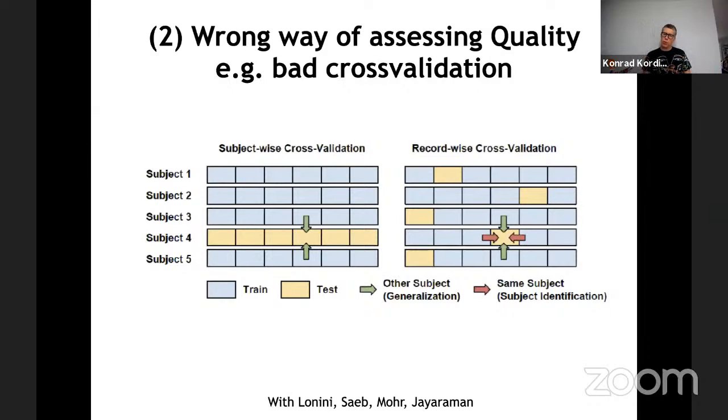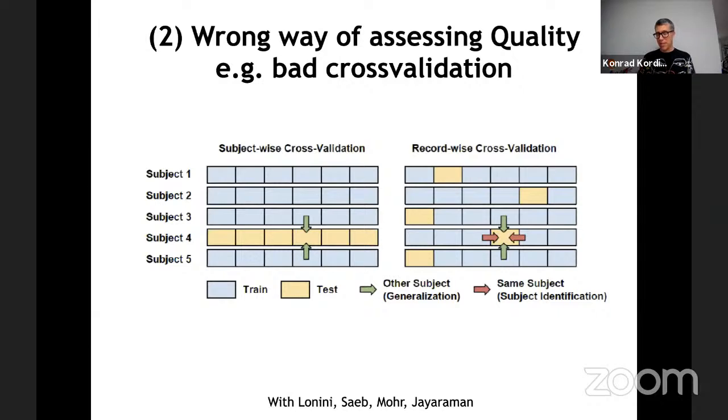Why is that problematic? Well, if Konrad has some property, let's imagine Konrad has some disease, and Konrad also has a certain length of his nose, then because we have a small number of subjects, I can tell you exactly this is Konrad based on the feature of his nose length. And I can tell you, because I have the other 5 data points from Konrad, if he has the disease or not. So you can replace, for record-wise cross-validation, disease recognition with the